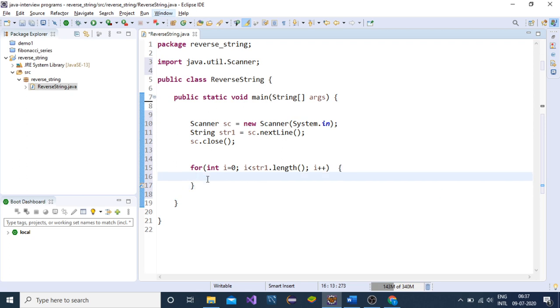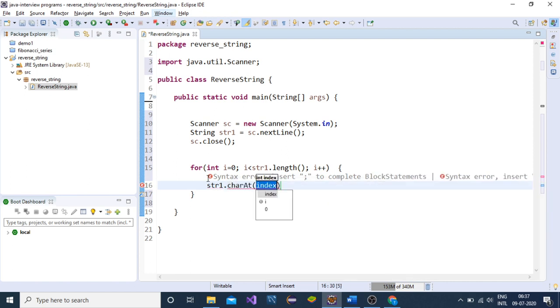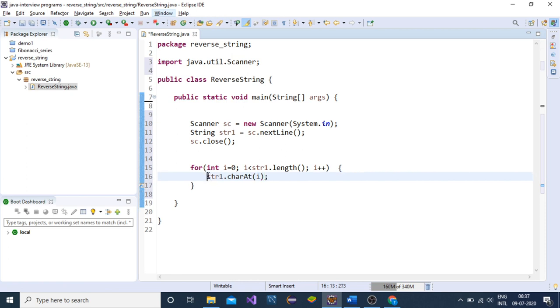So next, what we will do, we will use the charAt method of string. str1.charAt index, that is i. What it will give? It will give a character.